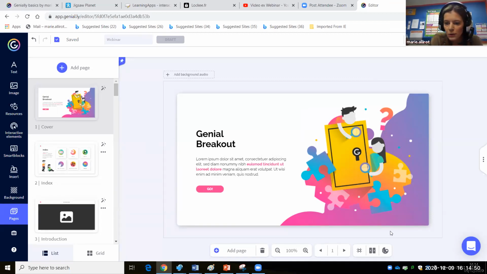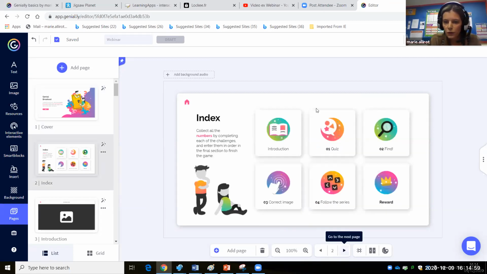I'm just going to show you the rest. Then if you go to the next page, for this template, you've got 4 missions: a quiz, find correct image and follow the series, and then a reward. To be able to have a reward, you need to complete the 4 missions.